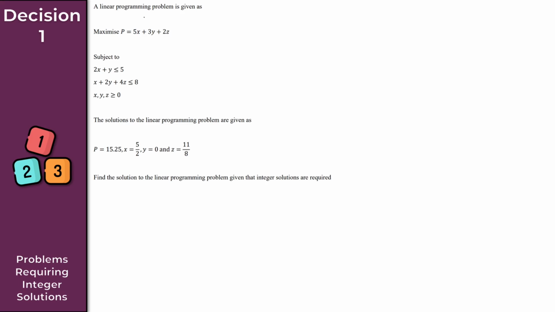Now for this question, what we've got is a linear programming problem that is given as follows. What we want to do here is maximize P subject to the following constraints. As we can see, the solutions to the problem are given as follows. So P here is 15.25, X is 5/2, Y is 0, and Z is 11/8. For this question, all we want to do is find the solution to the problem, given that